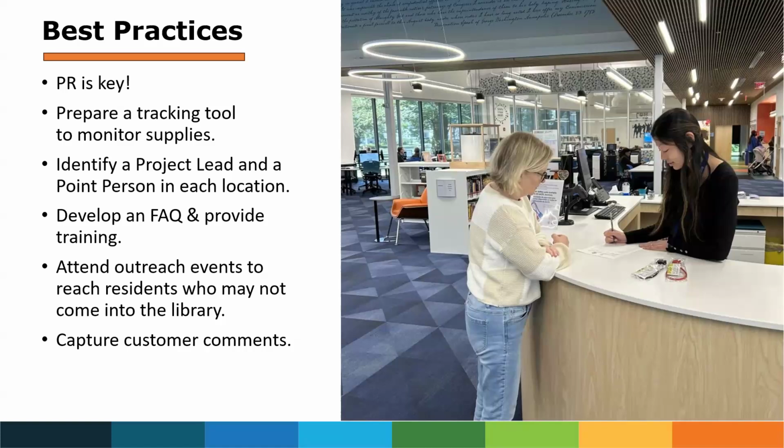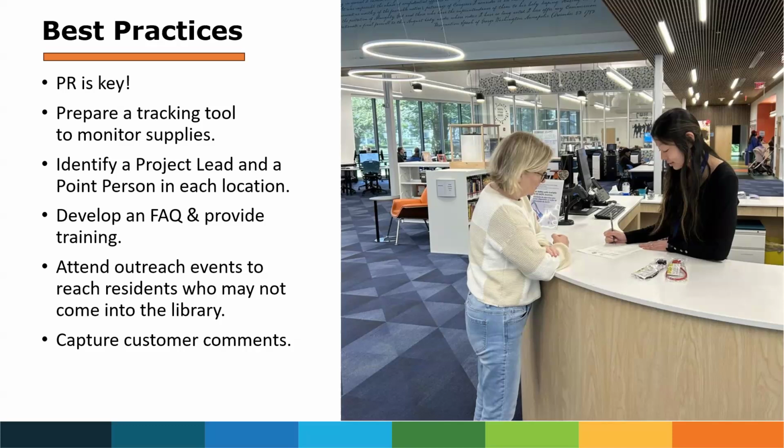And for each branch, we have a lead. At each branch, the branch manager has identified a lead. It's generally themselves or an assistant branch manager or another staff member. And they send the completed forms to me after they've reviewed them at the branch, and they've input them in the branch, and I just review for accuracy and set them aside for the health department. It's very easy. Excel spreadsheet. Easy. We want to make it easy. But that way we can track trends and see how many we're issuing in a particular month. And when it gets a little low, we can reach out to our comms department and say, whether it's the health department or the library, we need some messaging.